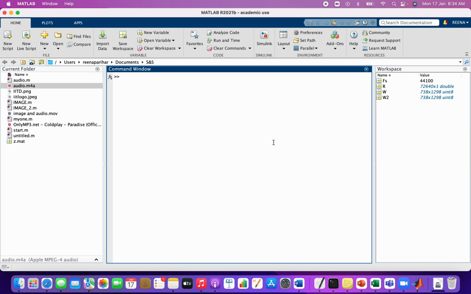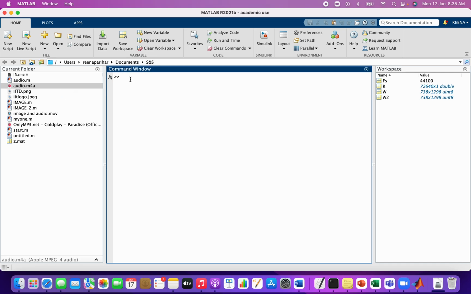So this is a tutorial on how to get started with MATLAB and get familiar with all the windows present in MATLAB. Presently, if you look at the screen, there are three windows. This is the current folder which is open here. What you are looking at right now is present in the SNS block folder.